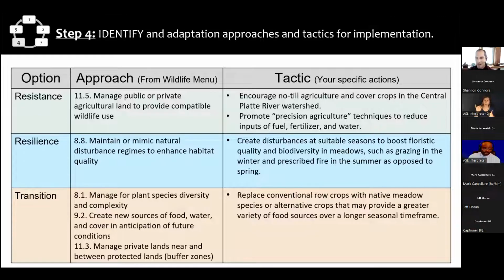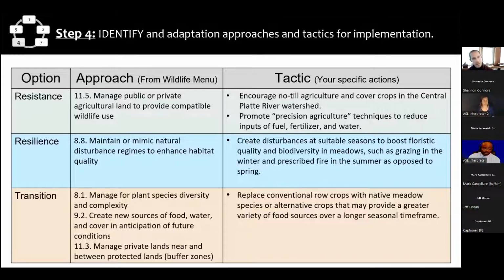They were able to identify some more specific tactics to mimic or maintain natural disturbances in the river corridor to enhance habitat quality. That included doing some things that they don't ordinarily do, like conducting prescribed fire in the summer as opposed to the spring, and actually opening up some of these areas to grazing in the winter as conditions change.